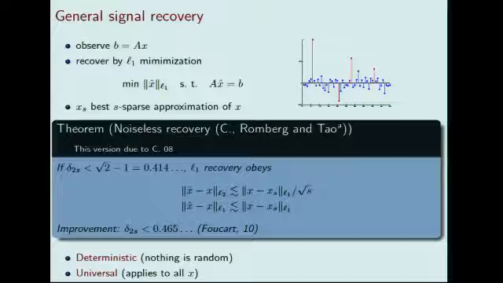And the second is that it's universal. That is, this holds for all x whatsoever. And I'm going to comment on this at the end of the lecture, but this morning we were fixing x, randomly sampling A, and saying that, well, we would do well. No matter how you pick x, once you pick x and I randomly sample A, I do well. This says that you take an A and you do well always. Okay. So it's deterministic. There's nothing random about this. It's universal. It applies to all x. And I think every undergrad can understand what this result says.